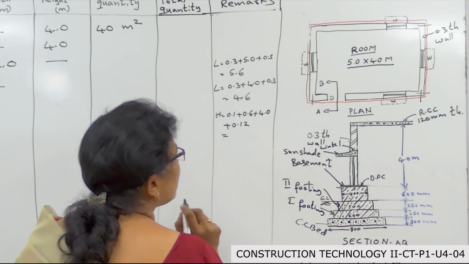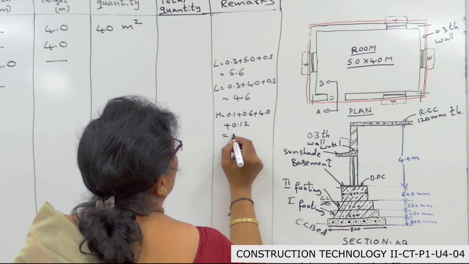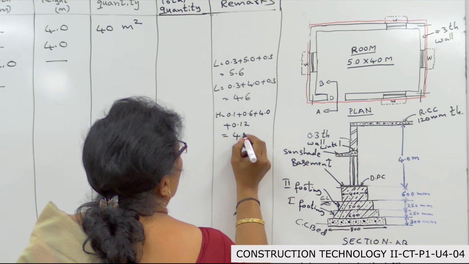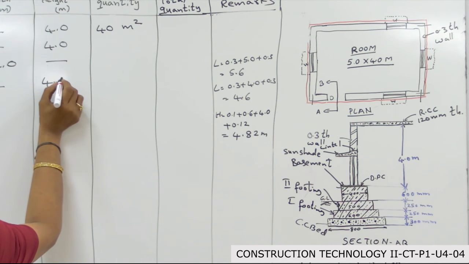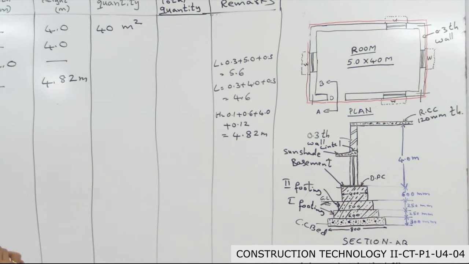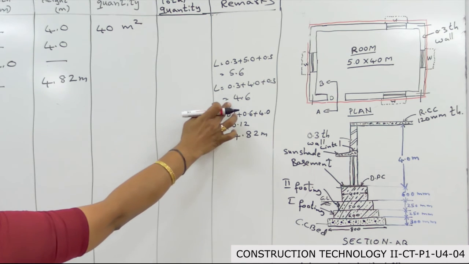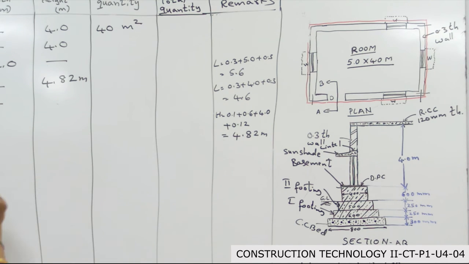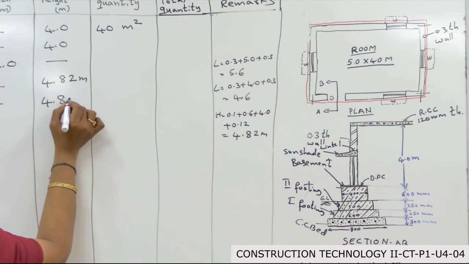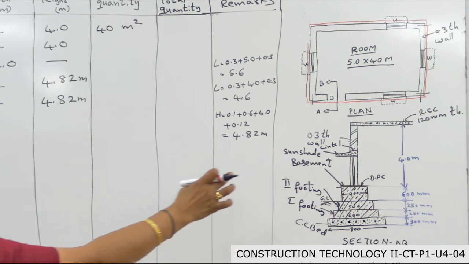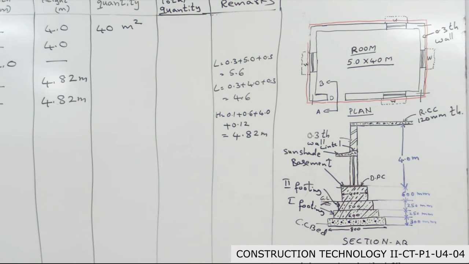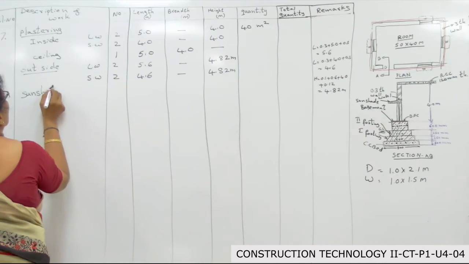Then from here to here it is 4.0 meters plus thickness of the roof 0.12. So total height is coming to 4.82 meters. So height is 4.82 meters. Now short wall, 2 numbers, length is 4.6, which we have calculated, breadth is dash and height is